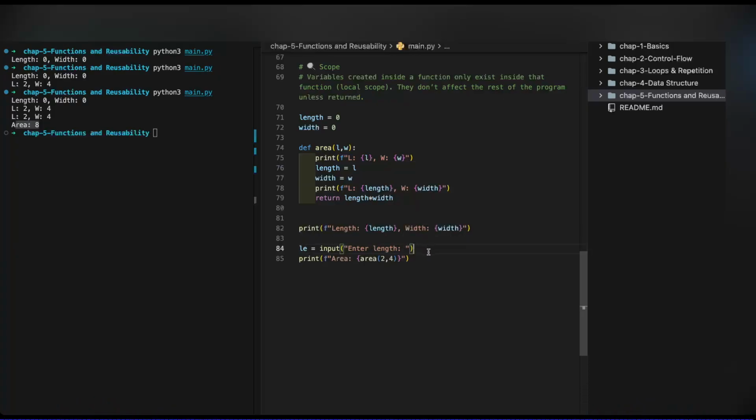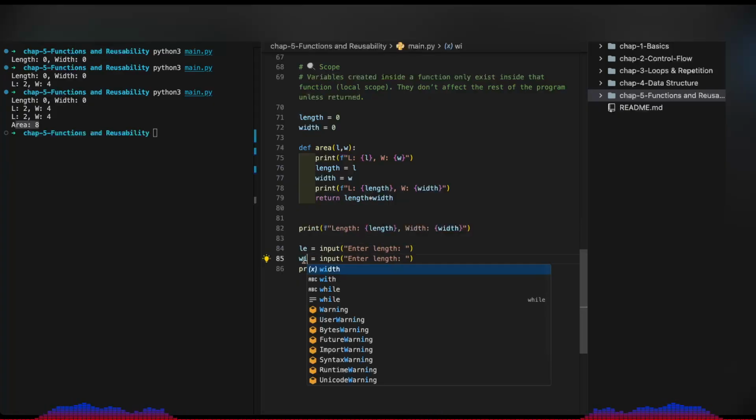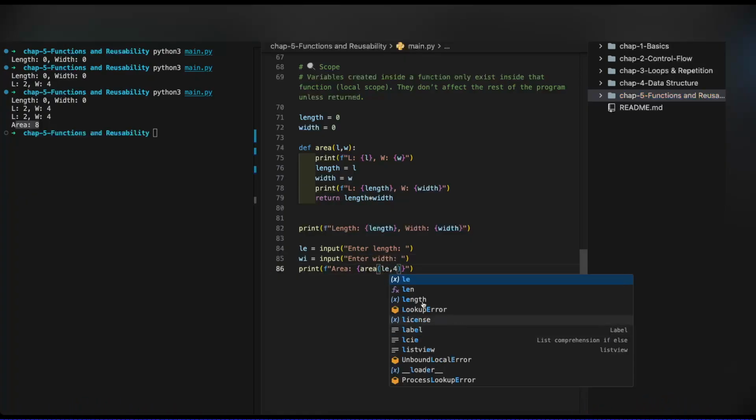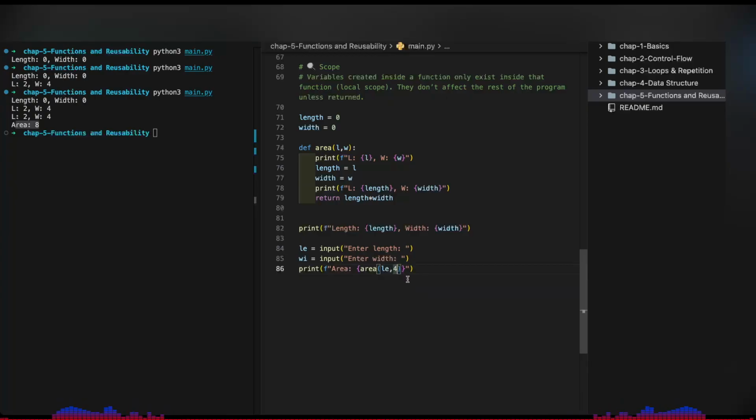Then I'm going to copy that, and I'm going to call this width, and I'm going to say enter width right here. Then I'm going to use those values as the parameters that we pass into the